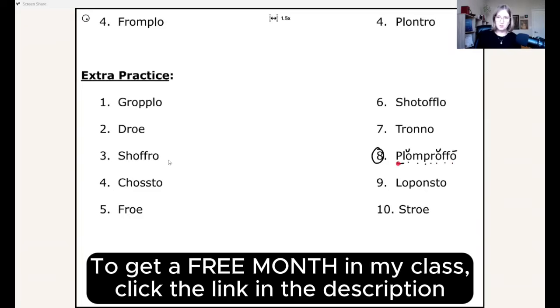Pull, pla, plum, plump, plumper, plumpra, plumprof. This is so hard to say. Plumprofo. Wow. Just in making sure that we get the L and we get the R in the right spot,